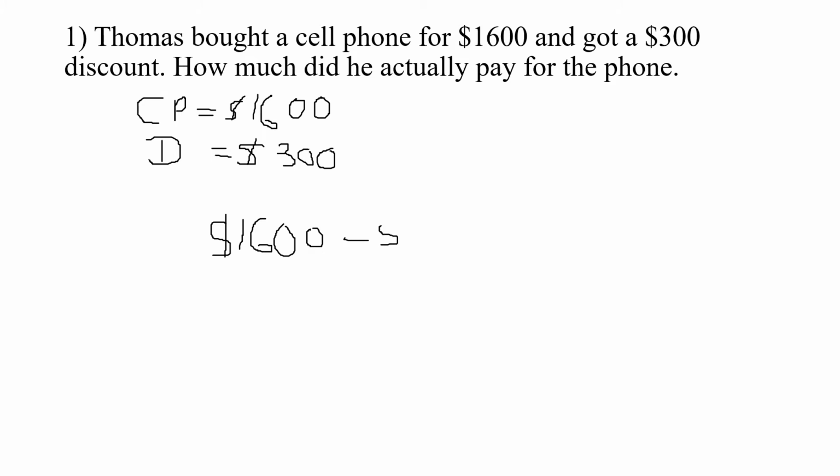If we need to show any working, that is $1,600 minus $300. And as I said, there is no standard formula for this, but this is the beauty about consumer arithmetics. We could use logic to actually solve certain problems. And this makes perfect sense here if we understand what the discount does. So when we take away 300 from $1,600,